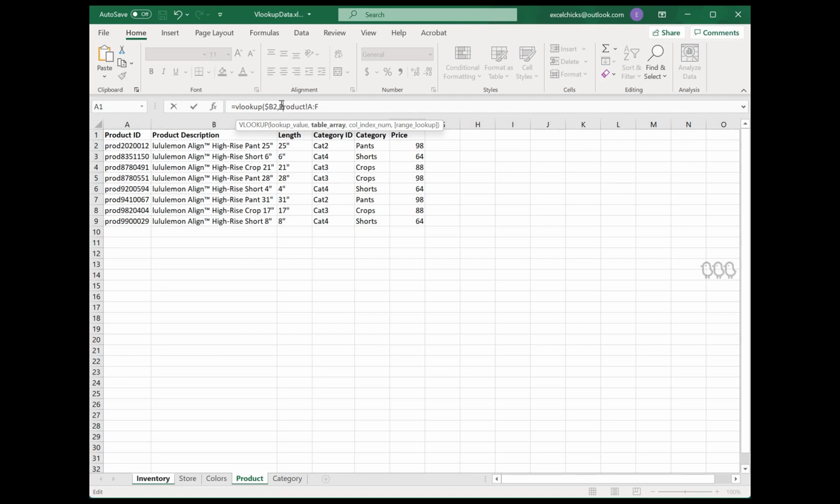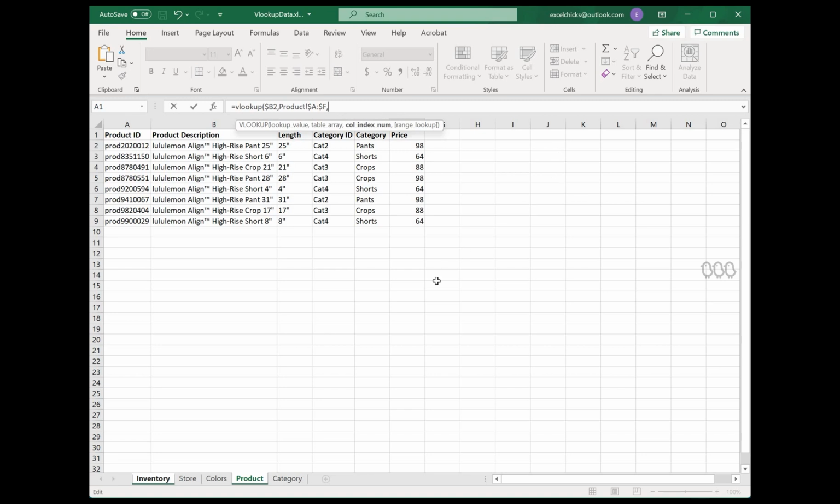And then because our data array is not going to change, we don't want it to change if we copy over the formula to a different column, we're going to do an absolute reference here as well. And what that means by those dollar signs is that if we move this formula or copy it to a different cell, it's going to keep these references.